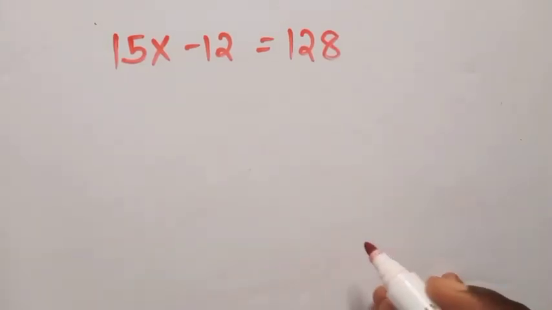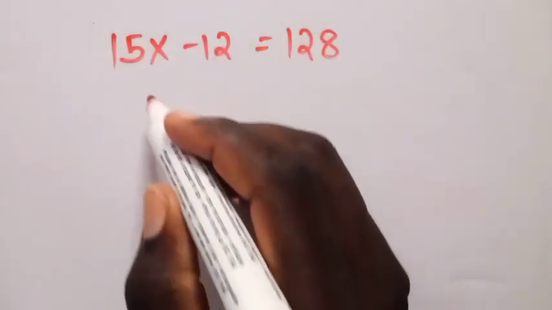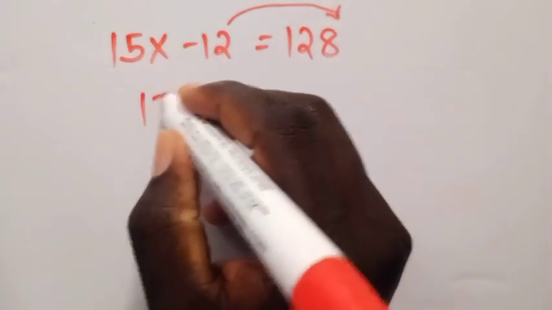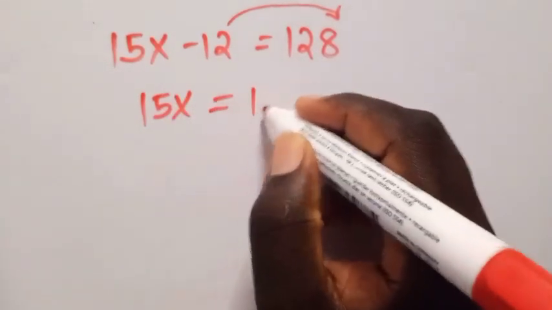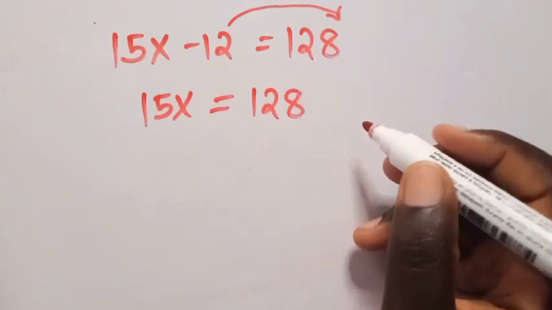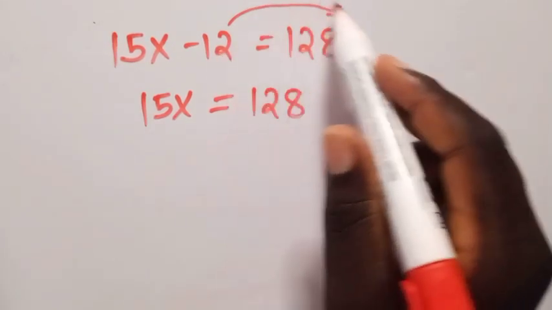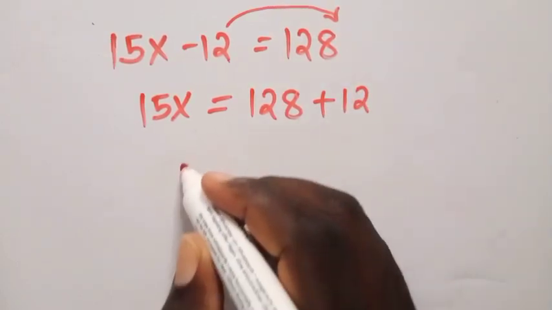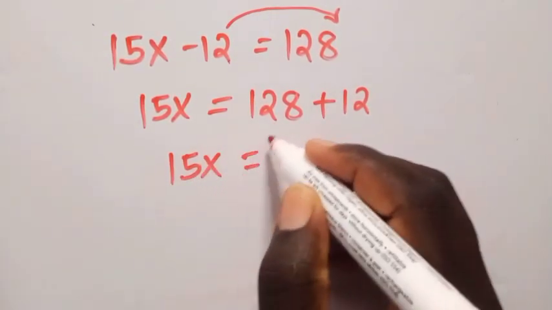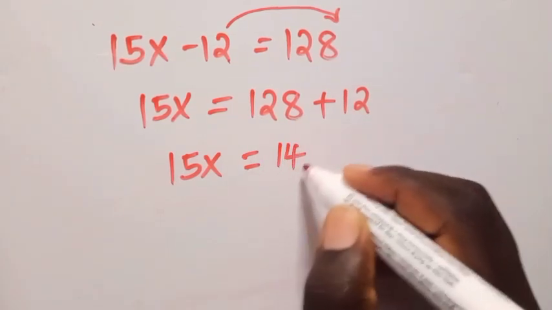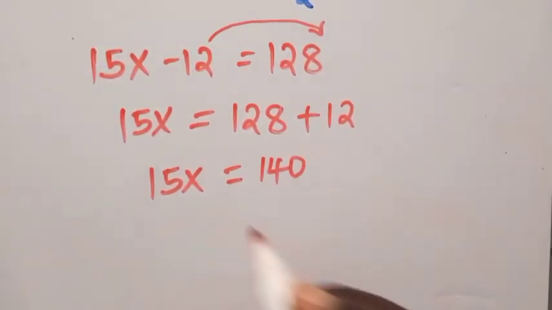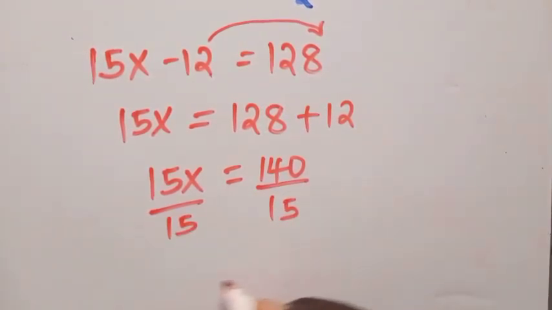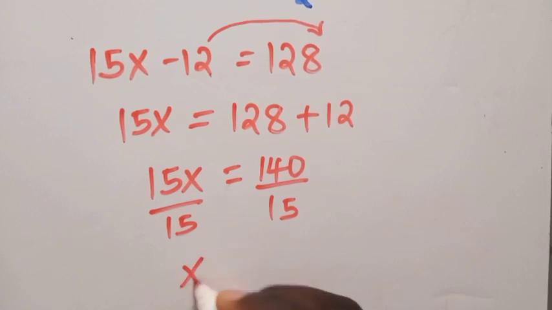Now, from there, we can collect the like terms, whereby we take this negative 12 to the other side. And therefore, in this case, we shall have 15x equals 128. And if we take negative 12 to the other side, then it changes the sign and becomes positive. And therefore, we shall have 15x equals 128 plus 12, which is 140. Then divide by 15 on both sides. And if we divide by 15 on both sides, then we shall have x as